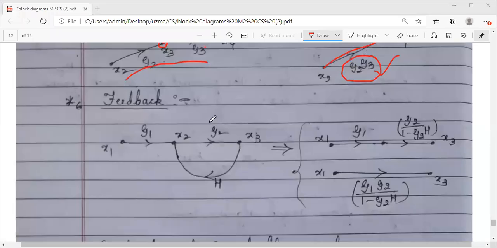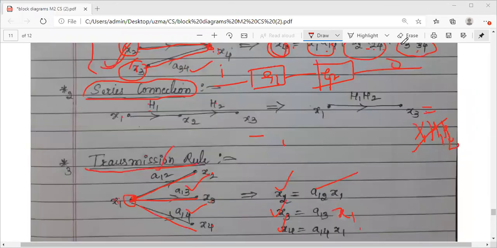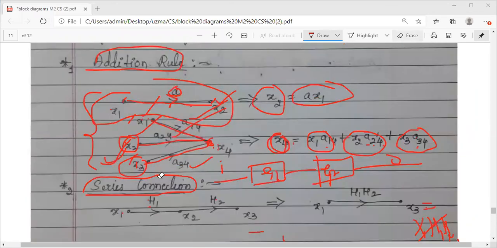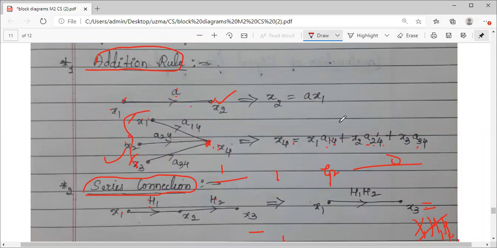Okay, we were discussing the rules in signal flow graphs. So we have seen what an addition rule is. Very quickly, let me glance at it. What is an addition rule? It is simply when you have this as your summing point, these three signals with their gains, if you add, you will get this node X4.